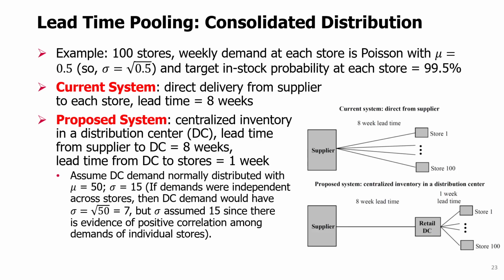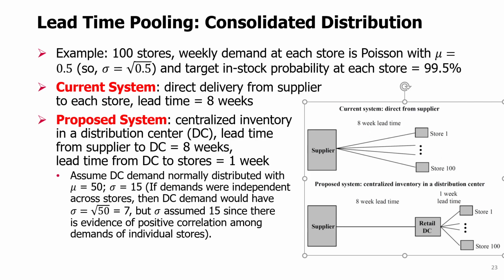So the evaluation of both systems will be done using the order up to model. And notice that in the current system, there is basically one order up to model for each store, ordering from the supplier with 8 weeks of lead time. And in the proposed system, there will be an order up to model for the DC, ordering all the demand for the stores with 8-week lead time, but storing it in one inventory rather than multiple. And then there is another order up to model for each store that is the same as before, except for lead time. The lead time for the store now from the DC is 1 week rather than 8 weeks directly